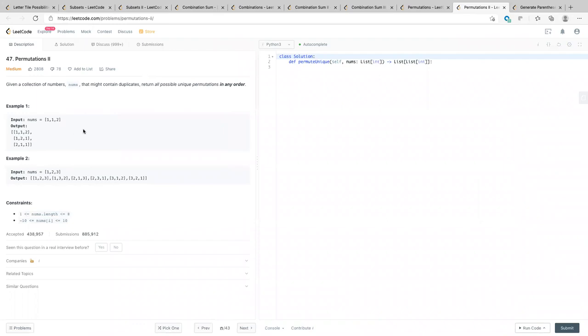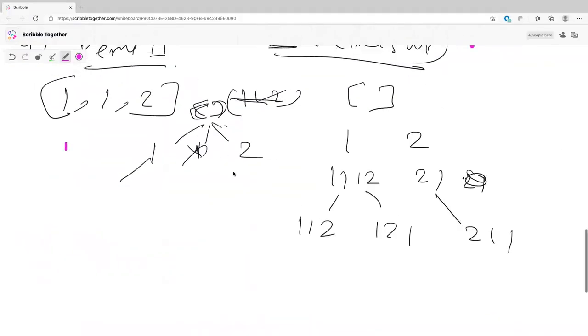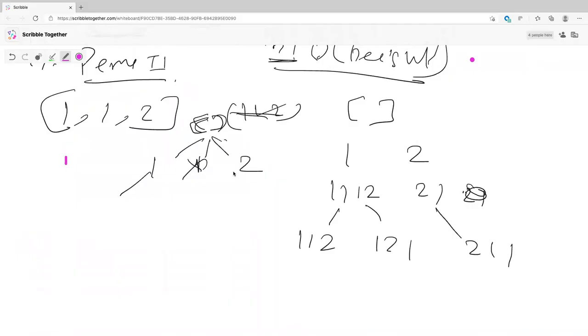Okay. Now, so now what? How do I go to the next step now? If you guys see here, what we are actually generating is a tree, right? And this is what your actual backtracking means. You start from your root.